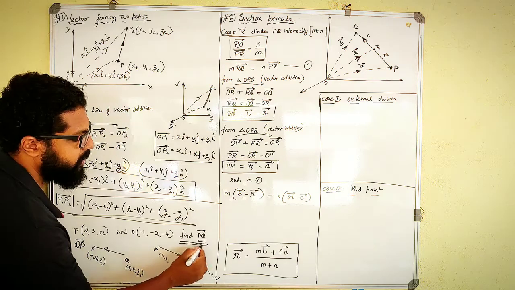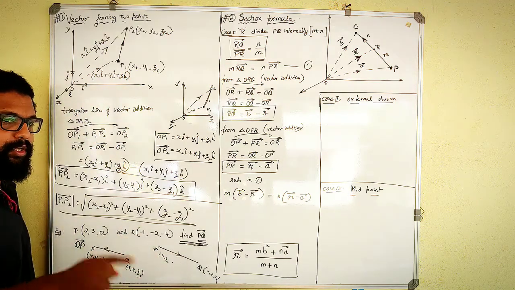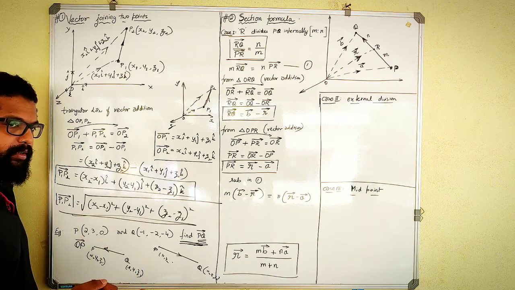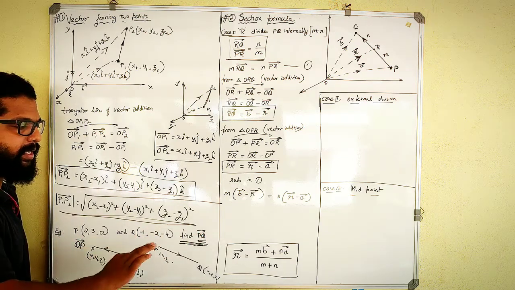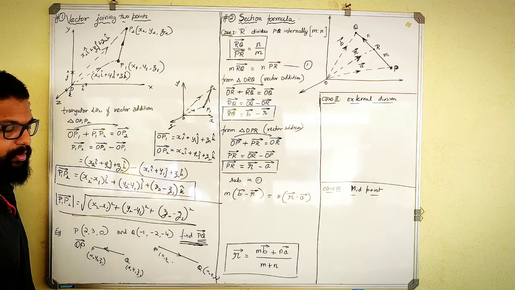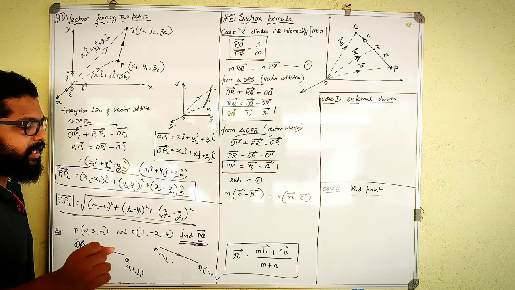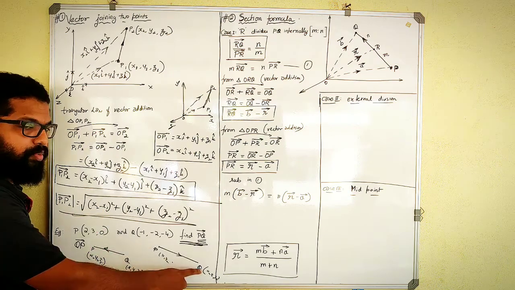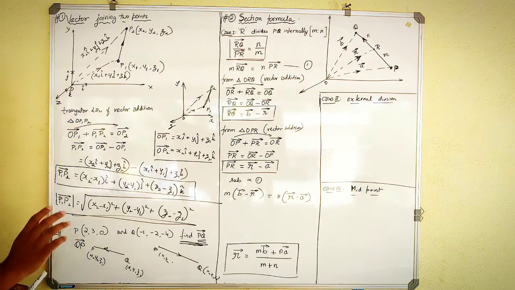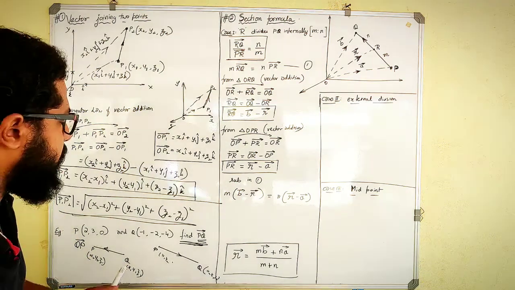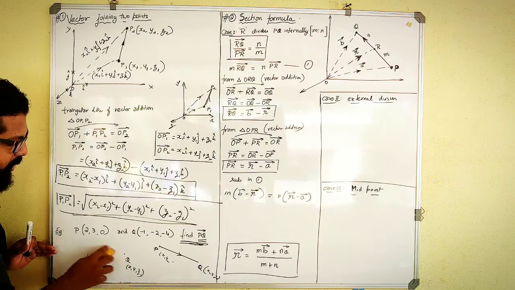Make sure you read this clearly. Find what they are asking, whether it is the PQ vector or the QP vector, because as you know the PQ vector is not the same as the QP vector; it is the negative of that vector. They can also ask you, as I told you, directed from P to Q or directed from Q to P. Read the full question clearly and then start solving the problem. So this becomes a very simple problem once you have understood the question.